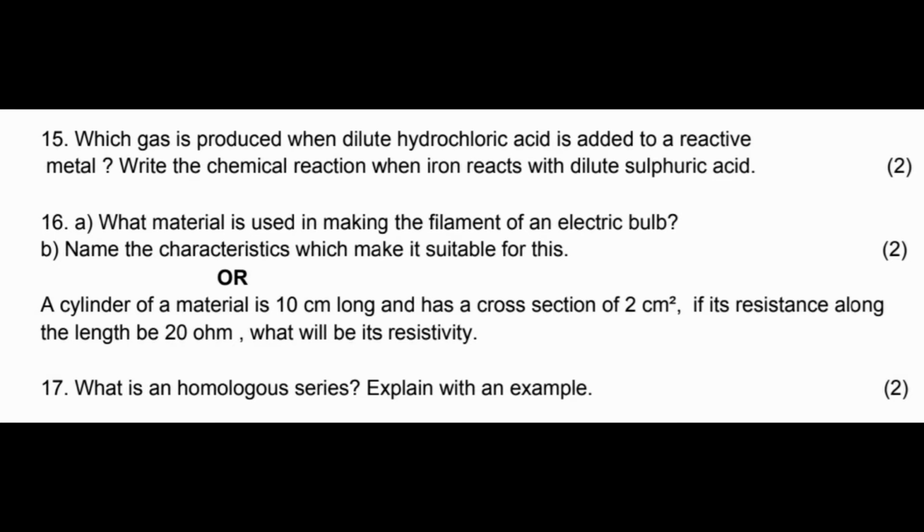Which gas is produced when dilute hydrochloric acid is added to a reactive metal? Write the chemical reaction when iron reacts with dilute sulfuric acid. As we know, when metals react with acid, they will produce hydrogen gas and the corresponding salt is formed. So hydrogen gas is liberated here,